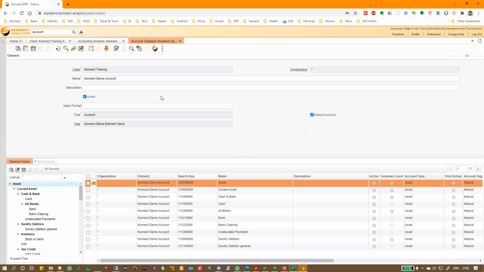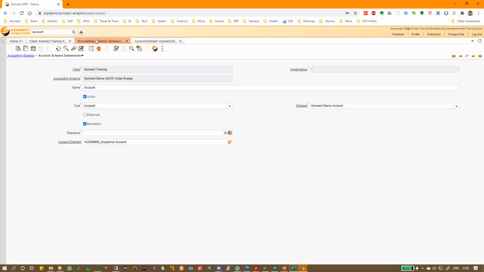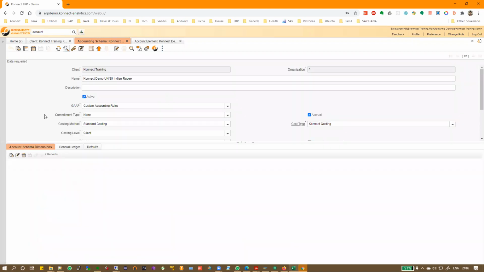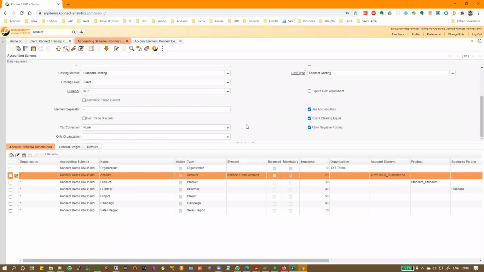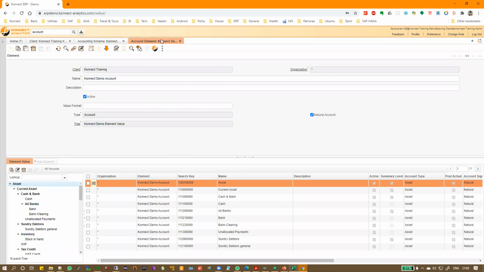In traditional terms, it's called chart of accounts. You can have only one chart of accounts, which is mapped to one accounting schema. If you want two charts of accounts, you need to create two accounting schemas and attach them. But your primary posting will always be in one schema only. You can have multiple schemas and post in them, which means you can have multiple books of accounts, multiple charts of accounts. But generally we suggest you have only one, though it is possible to have multiple.